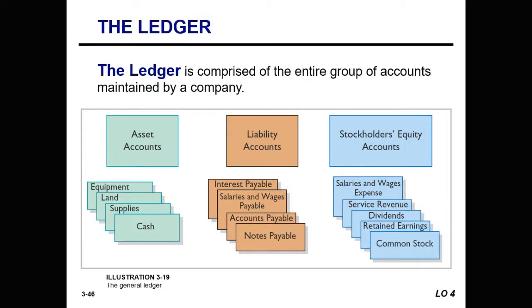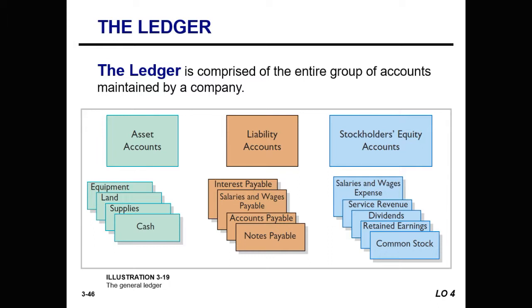We're going to talk about the ledger. The ledger is comprised of an entire group of accounts that are maintained by the company. So you will have ledger accounts for all accounts that you have. So for example, assets. Common asset ledger accounts are equipment, land, supplies, the cash accounts,